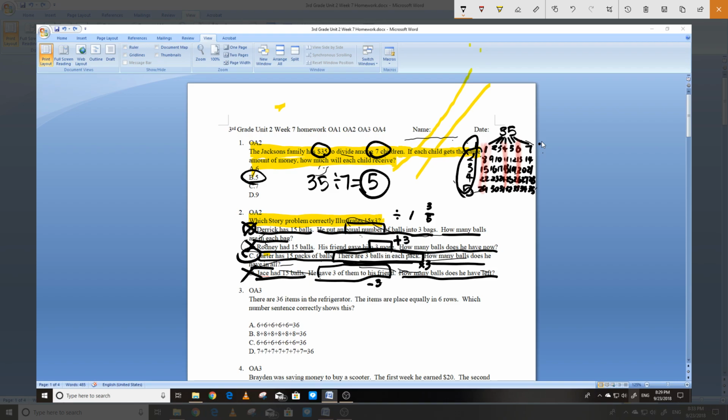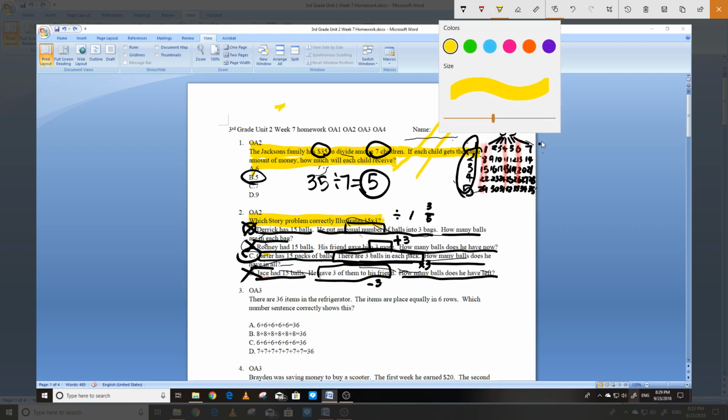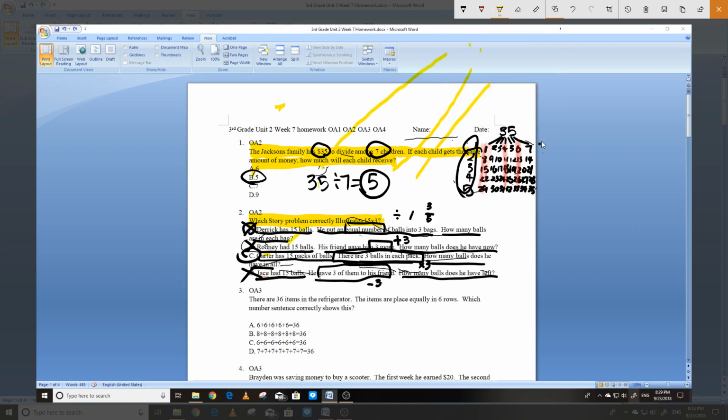Let's take a look at number 3 very quickly. Number 3 says there are 36 items in the refrigerator. The items are placed equally in 6 rows. Which number sentence correctly shows this? Remember, we are talking about splitting something equally, right? Whenever we're splitting something equally, we are going to divide. So the problem is telling us to do